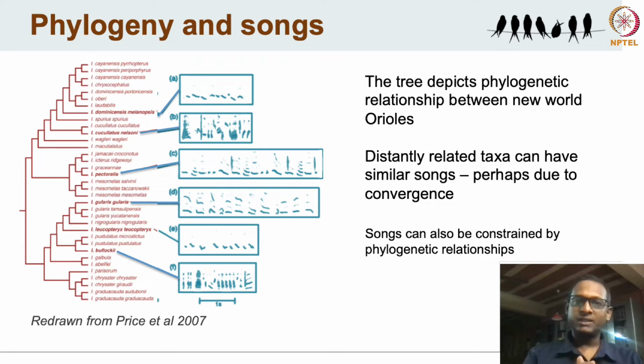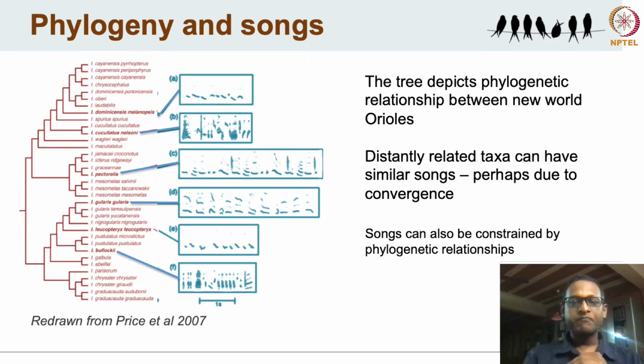You must have read about examples of other kinds of evolutionary convergence, for example, traits like flight. So birds and some mammals like bats can fly, and that is again convergent evolution. Similarly, it is possible to have convergence in bird song as well, as you can see with these spectrograms. So I'm showing you an example